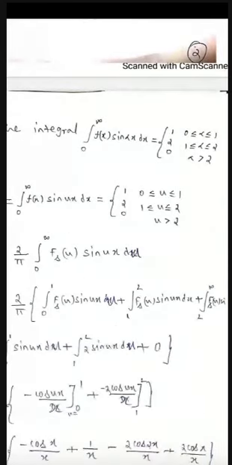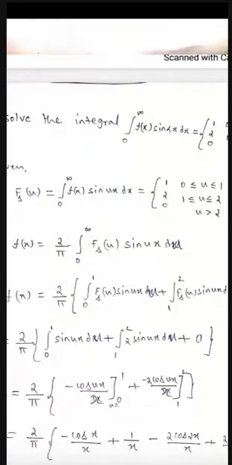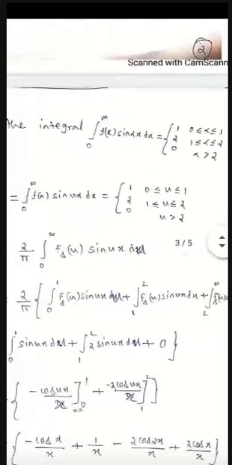See, on the left side what we have is the integration from 0 to infinity of f of x sin alpha x dx. So this is nothing but the Fourier sine transform. Fourier sine transform is nothing but 0 to infinity f of x sin alpha x dx. So I can write Fs of u in place of that. That is nothing but 1 when u is from 0 to 1, 2 when u is from 1 to 2, and 0 when u is between 2 and infinity.